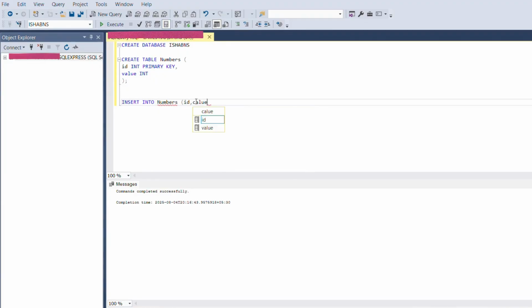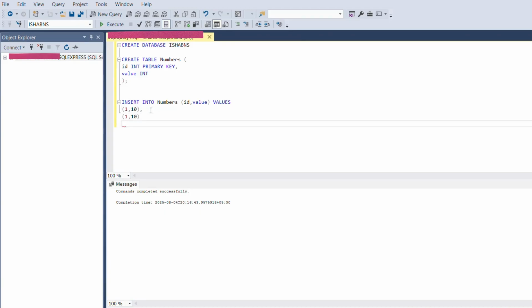For inserting, the syntax will be insert into table name, and here we have to pass the column names. In this table I have two columns, and for these two columns I have to pass the values. So that is why I have given id comma value, and under values we have to give the values which you want to insert into the id and value columns.